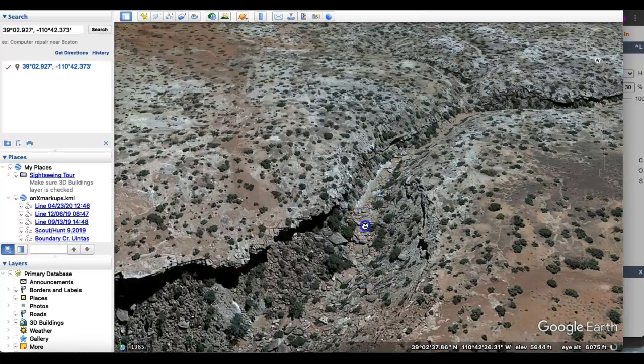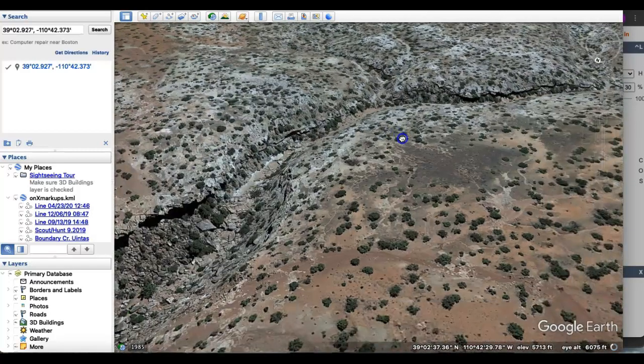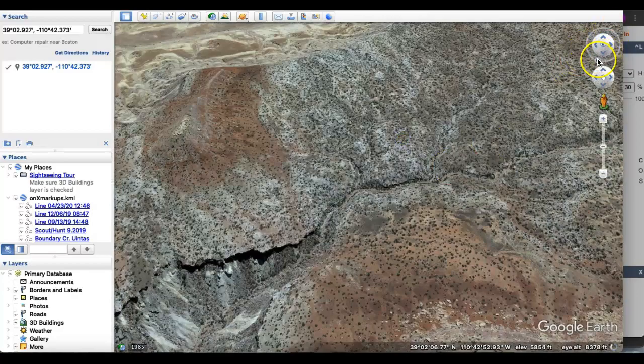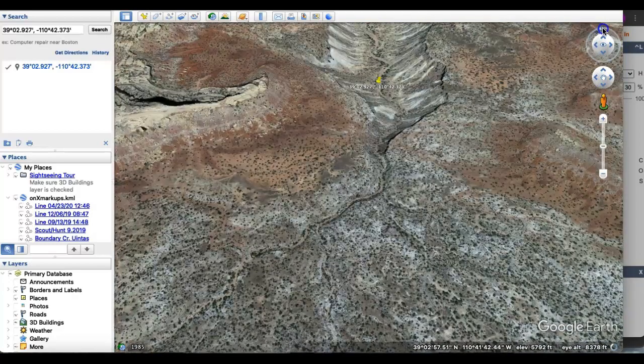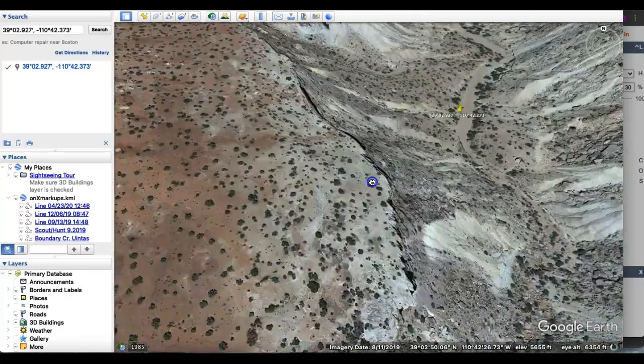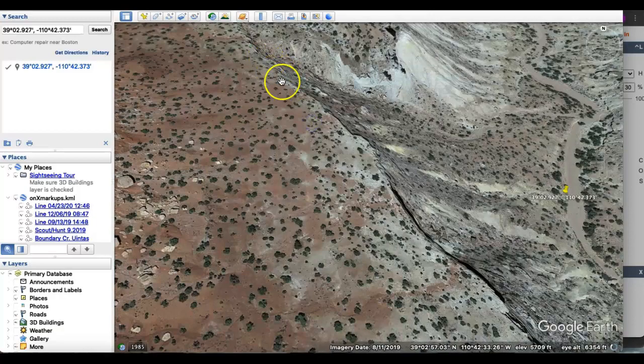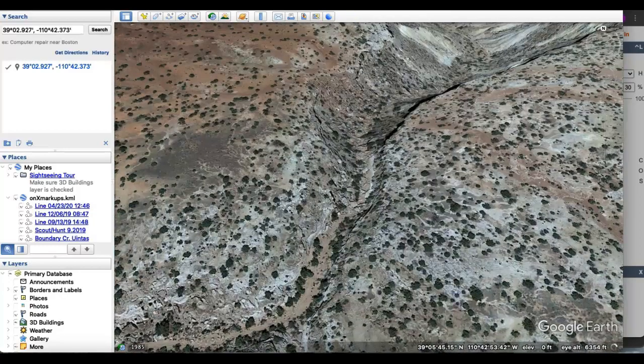Yeah, just a little rocky and a possible escape out. I'm going to go back to my original orientation around camp. So we've determined that there are some potential escapes, one here and one up canyon a ways,